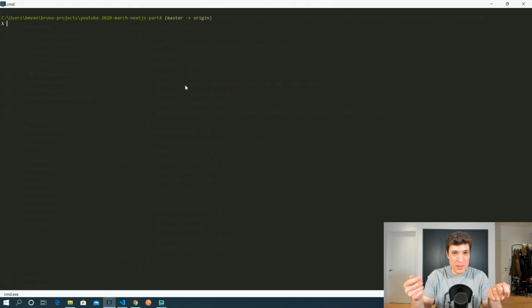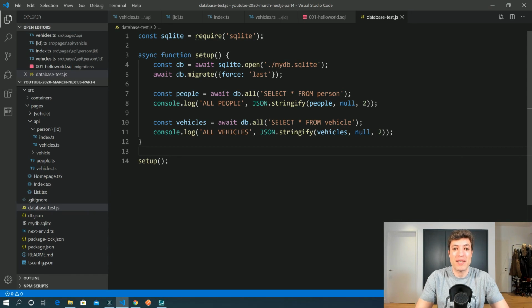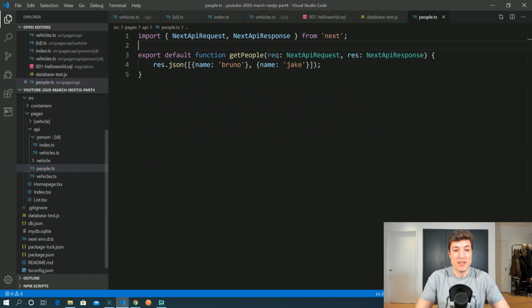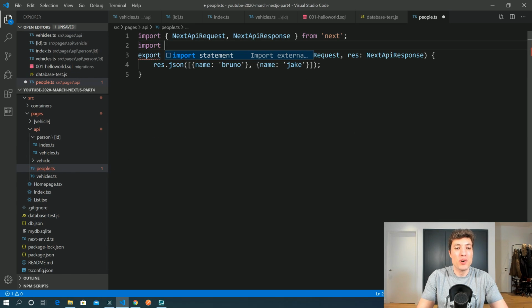The same for people. Then we can start to put where clauses and do everything. So the first endpoint that we can start to migrate is, for example, the people endpoint, because it's a simple one. So let's just copy this bit over here, open people's endpoint,